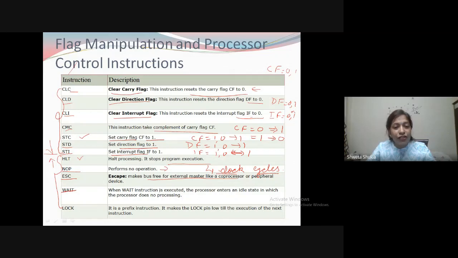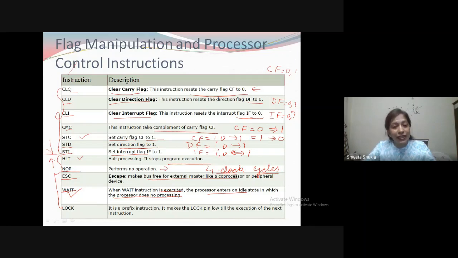Next comes wait. When the wait instruction is executed, the processor enters an idle state in which it does not process anything. That means the processor is waiting, completely blacked out.